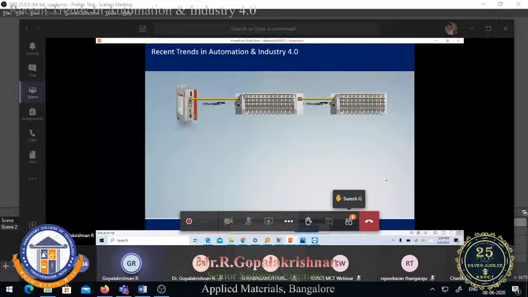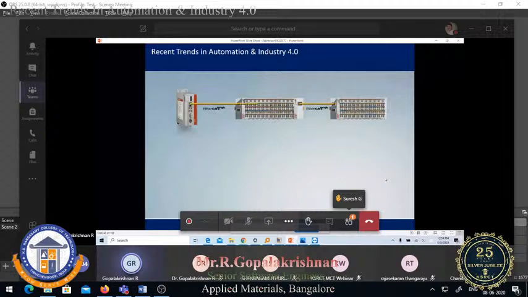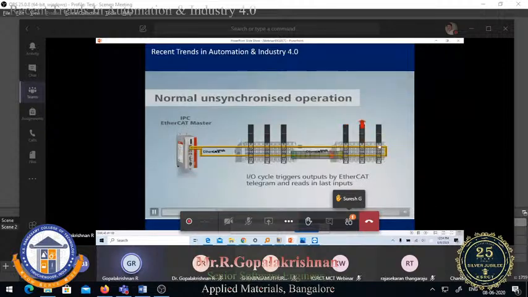So this is the application. So you can see in a normal operation, in slave number 1, it can trigger some output, and it goes immediately. And when it comes to slave number 10, there will be a small jitter. So the EtherCAT